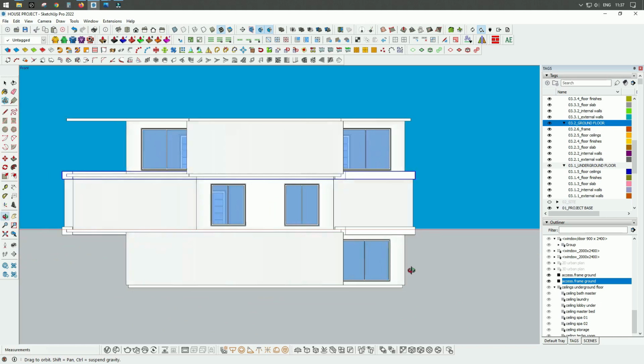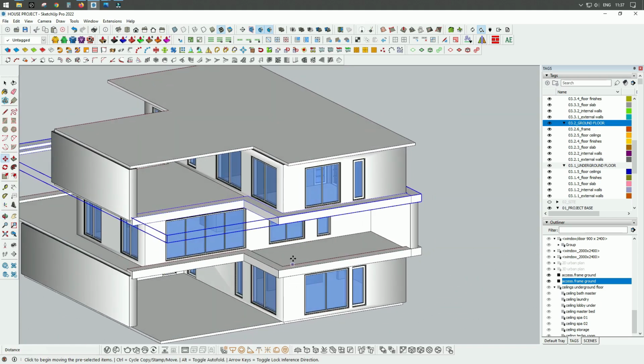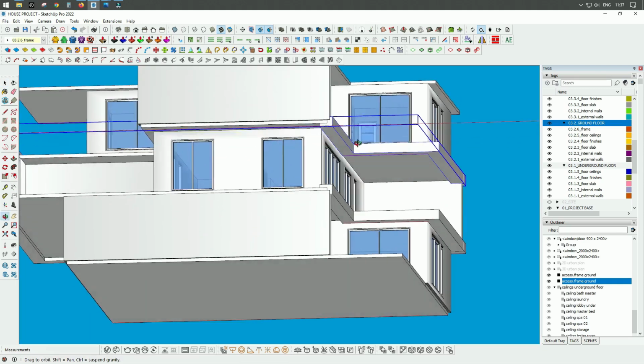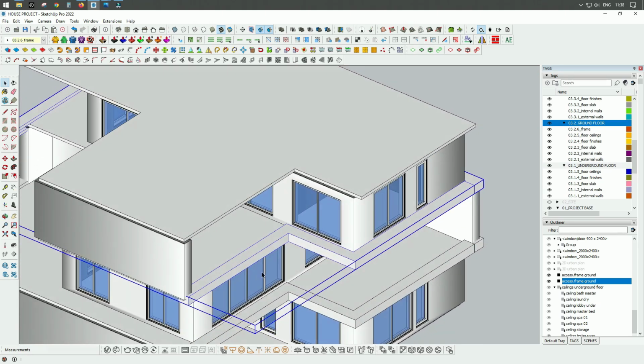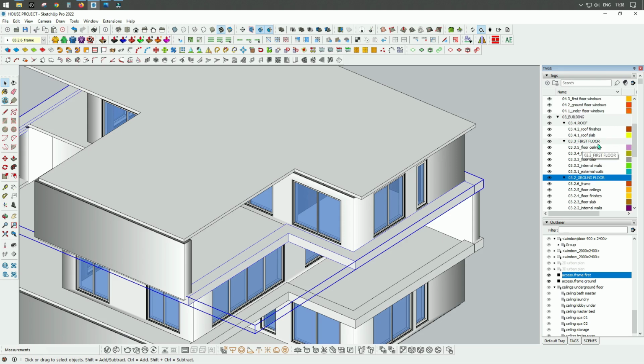Now our frame is in place in our first floor slab. So I can easily change the name of the group, and it will be first, and then I can create a new tag here under the first floor. The name will be the same, 03.3.6. It will be again frame,